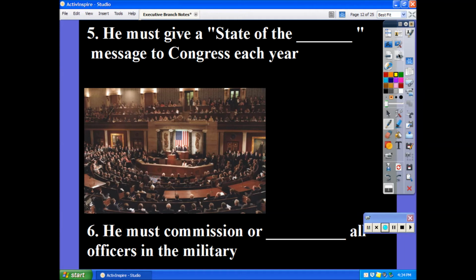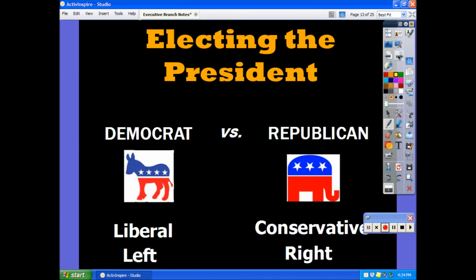The President must also commission or promote all officers in the U.S. military. Now, if you're obviously getting promoted from something very low to something like captain, you're going to get a letter. You're not going to get a personal invite to the White House. But if you're getting promoted to general, 4-star, 5-star general, you're going to get invited to the White House, and you're going to be told that you will, in fact, be awarded with the stars. They'll be pinned right on you, and at the same time, there'll be a short little speech made about you.